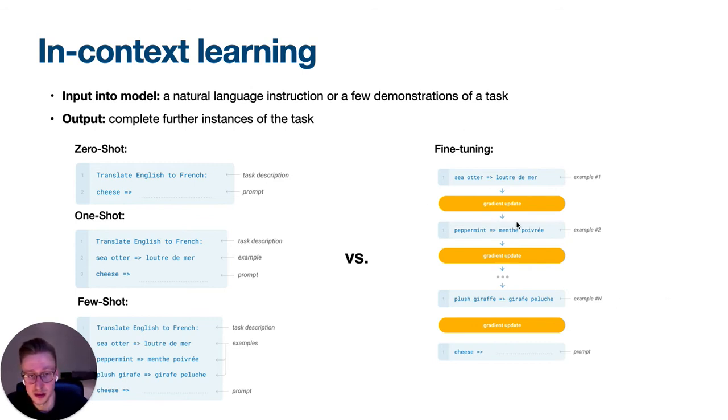And in comparison, we see the fine-tuning approach on the right side that a model like BERT, for example, uses. There we can put examples into the model in batches. Once the model went through one batch, it does a gradient update, it updates the weights of the model. That's especially important in comparison to the GPT-3 model. Even if we put some examples into the few-shot setting here, it doesn't update the weights of the model through that. It just filters for examples, or it uses those for reasoning.